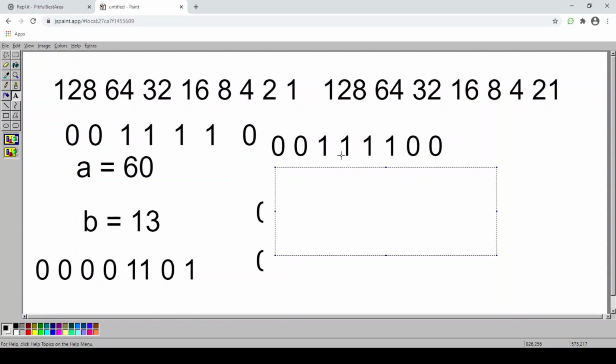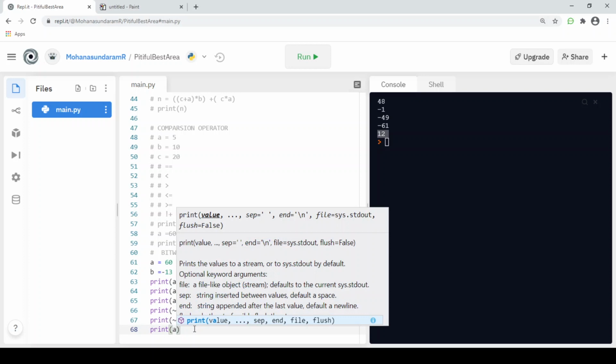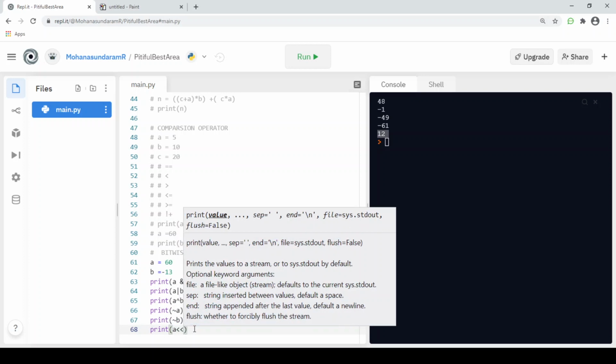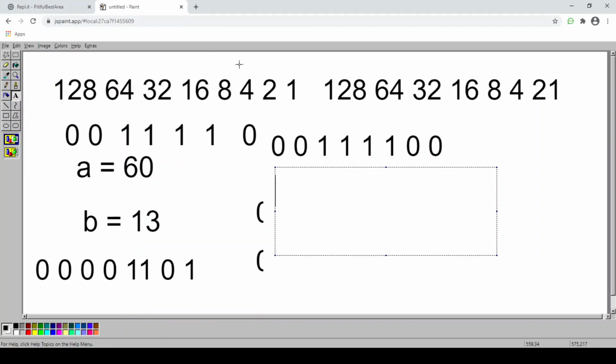My input format will be print a left shift 1. The output will be 120. I will show how this value has been got. When you have a left shift operator, first I'm going to remove the first data. What was the first data here? The 0. This is the first data of our value. I will remove the 0 and this value has been removed.